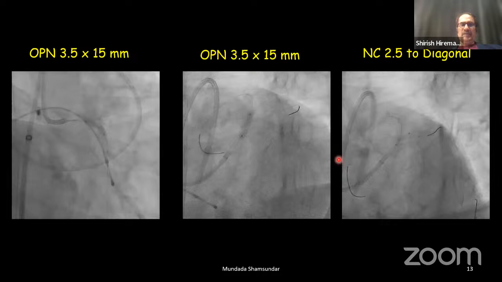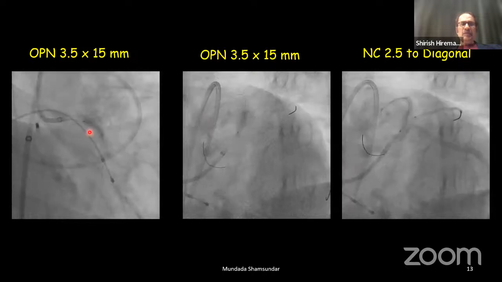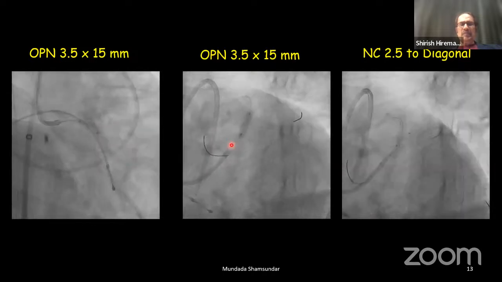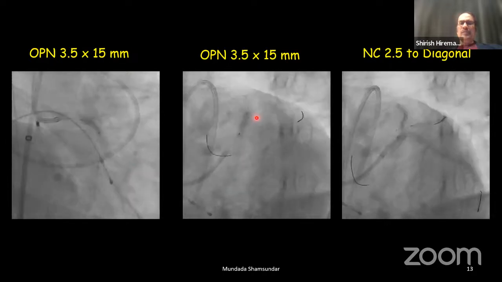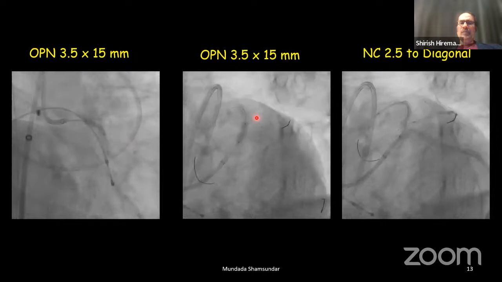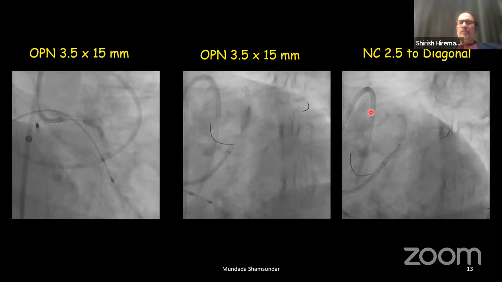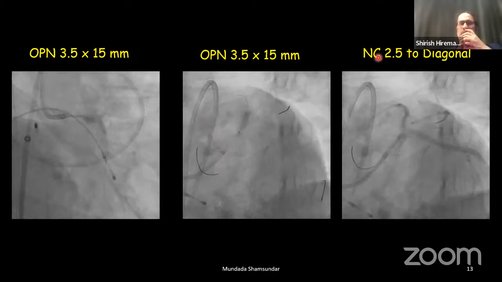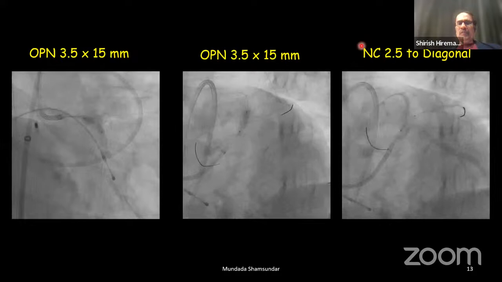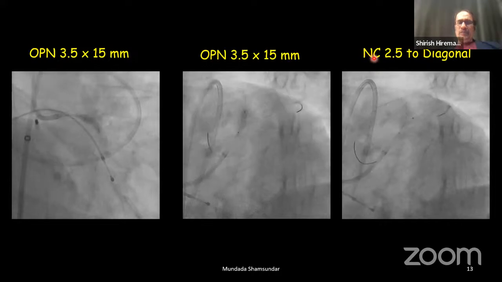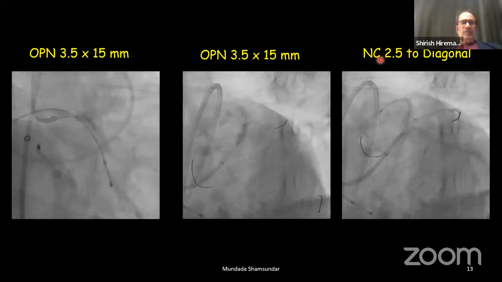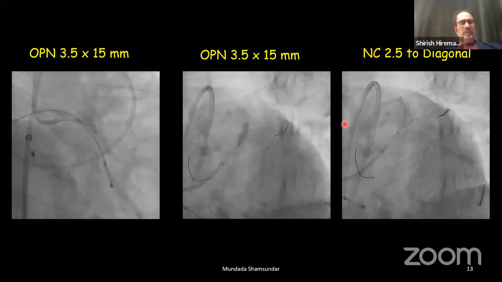Then we used an OPN balloon 3.5 at the left main distally, one going towards the circumflex, the other one, same balloon going towards the LAD. And thus we used a 2.5 NC balloon. Now this NC balloon we use very often as a pre-dilatation, primarily because we can avoid sort of dissection because the balloon doesn't swell but exerts a good quantum of pressure. So all the three vessels are